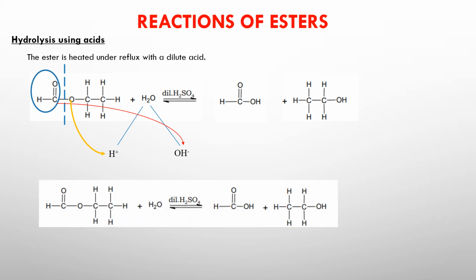Okay, so this is how the reaction is written. In this case, the sulfuric acid is acting as a catalyst. Okay, so esterification is one reaction where alcohol reacts with carboxylic acid, but the reverse of esterification is known as hydrolysis, where the ester is broken down again with water into alcohol and its respective carboxylic acid.